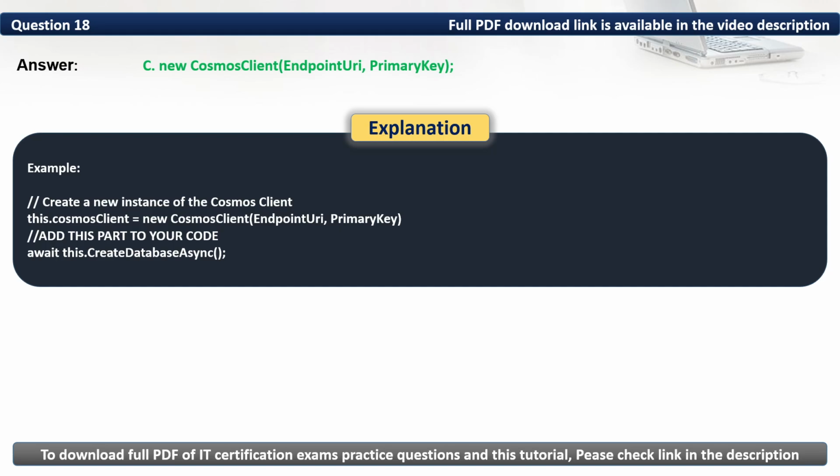For example, create a new instance of the Cosmos client: this.cosmosClient = new CosmosClient(endpointUri, primaryKey); Then add this part to your code: await this.CreateDatabaseAsync();